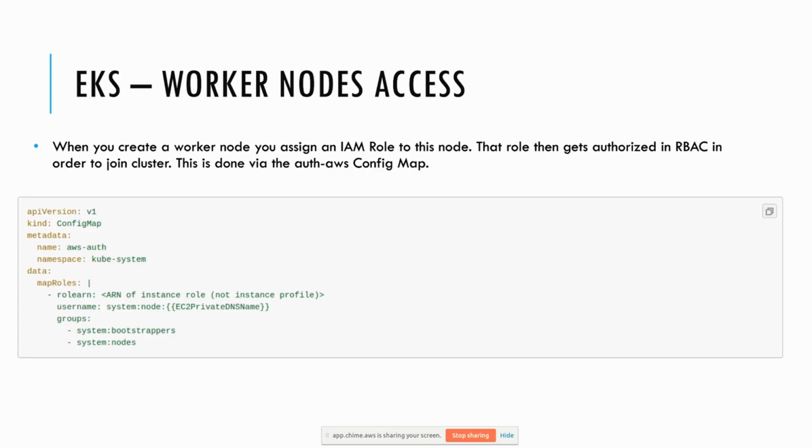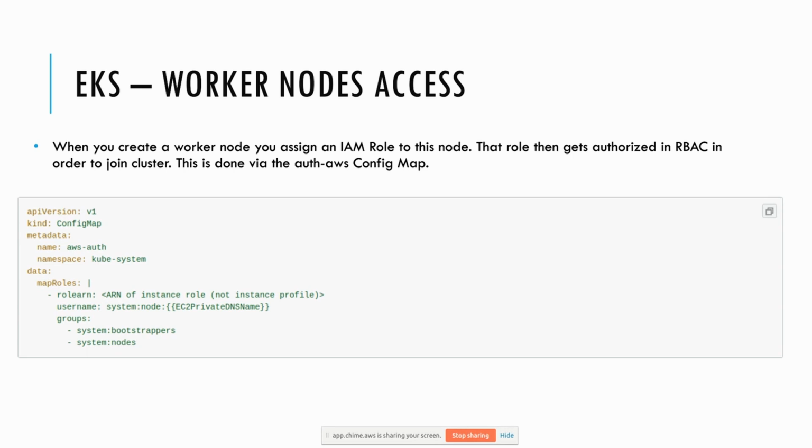So this is just an example of the AWS auth config map. You'll see even your nodes, when they need to register with the control plane, need access to the API server and the cluster, and it's also done through the same config map that a user would need. In this example, you just add the role that you attach to the node, for example EC2, and this will get attached to a username as a system node, and all it will have is bootstrap and node access on EKS.